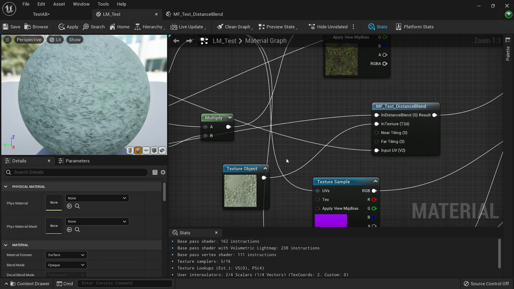This one is especially useful because for most of our textures we are using Megascans, and their textures are 2 meter by 2 meter, or you can just say that they are the same scale, so the same tiling will work for all of them. So that is the far tiling and near tiling which we are using in the material function. That will change for all of the materials that we are using in our landscape.